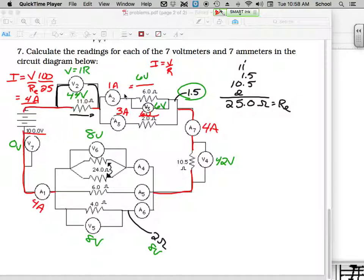And then I come down to the bottom parallel section. And let's look at the bottom. I have a total of 8 volts going across this section. So if I have 8 volts over 4 ohms, that's going to give me 2 amps through A6. And if I have 8 over 6, that's going to give me